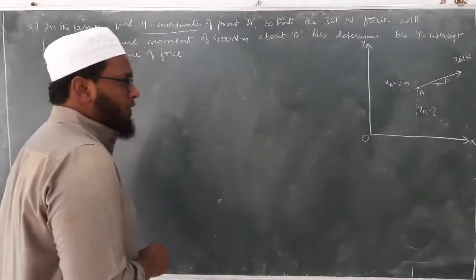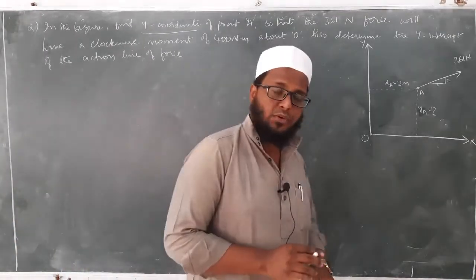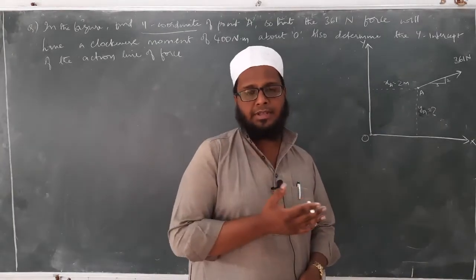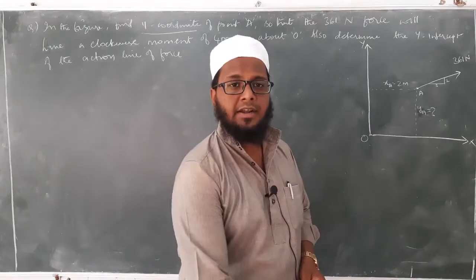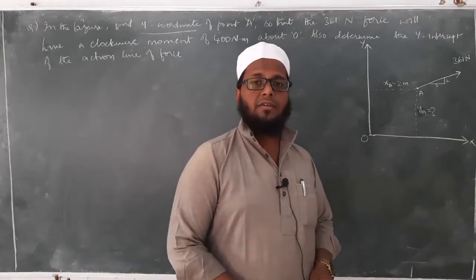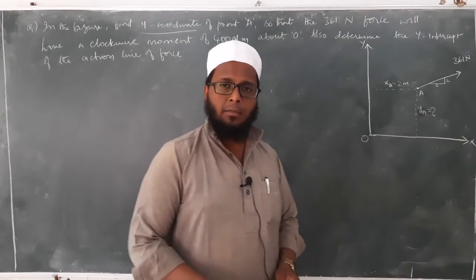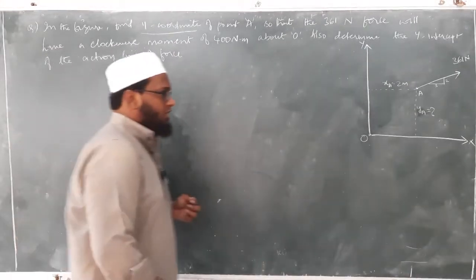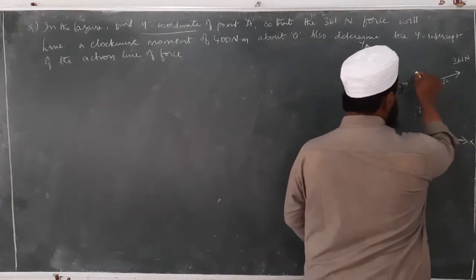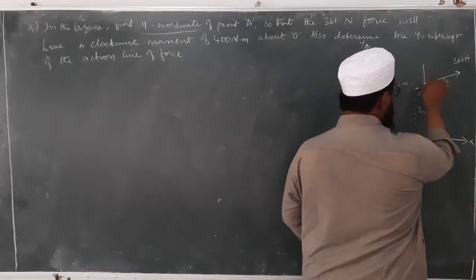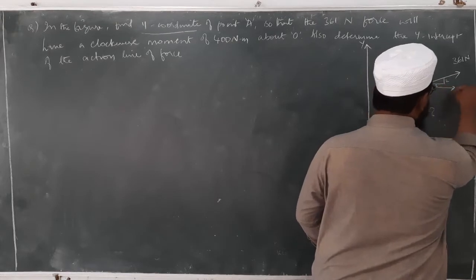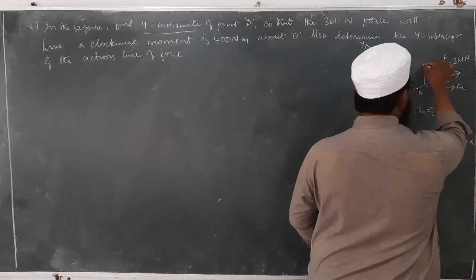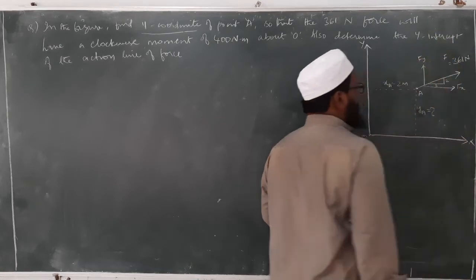Alright, so what I have to do now, since the force is inclined, the force is not exactly vertical or exactly horizontal, the force is inclined. So because of that inclination, we have to go for the parts of force, that is, components of force, isn't it? So how will you calculate components of force? See here, the force is inclined. So what will happen to this force? It will have two components, that is, for example, let this force be F, so this will be Fx and this will be Fy, isn't it?